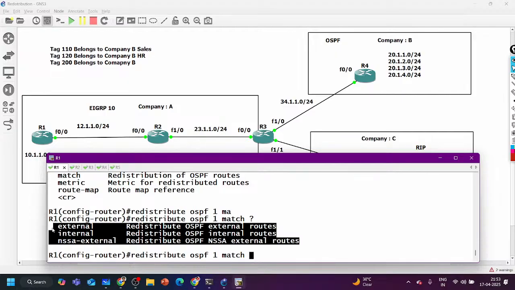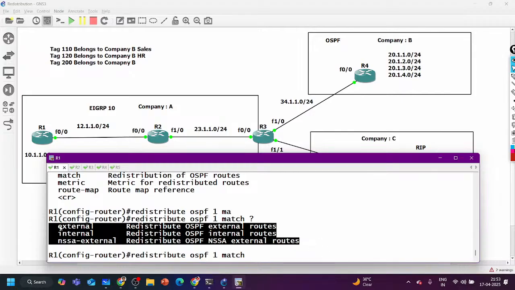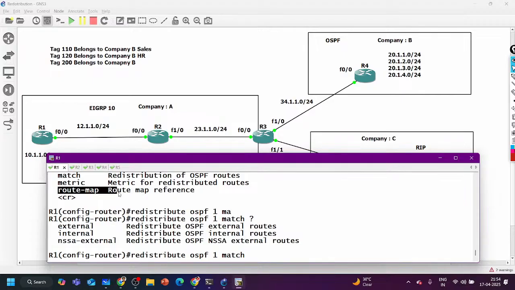And this is protocol specific. This will not be for all the protocols, right? These options are available for OSPF only: OSPF internal prefix, external prefix, and NSSA prefix. Right now, maybe you don't know about these prefixes, but in OSPF you are going to master it. So we can match that also. In the route map, we have multiple things to match, and this is all about your advanced redistribution. In EIGRP, you can see I don't have any other option for the redistribution.